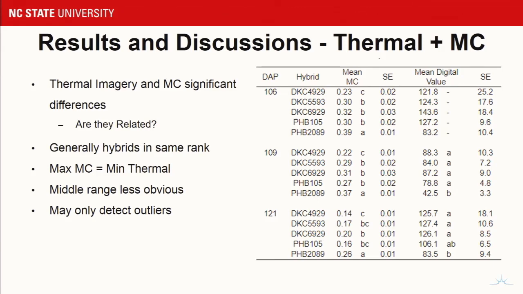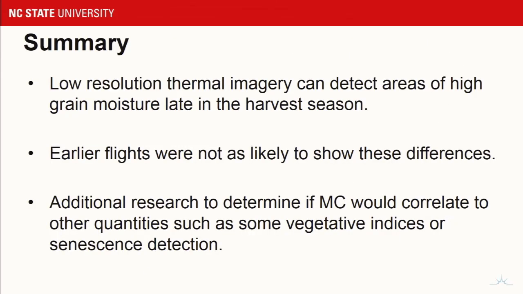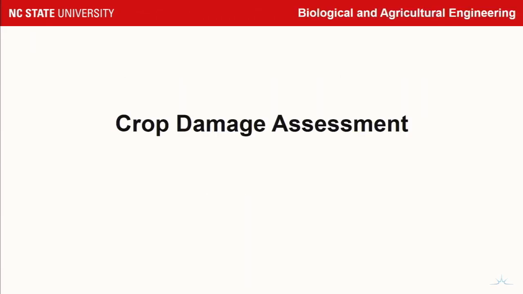So we started realizing there's actually things here we can detect remotely in the late season environment that can give us some insight about how that crop's doing. In summary of that piece, we saw that we can use this low-res thermal imagery. We get better as we get later, and we could start seeing some additional variety and hybrid effects in these values. But we realized that's not the only thing we need to look at